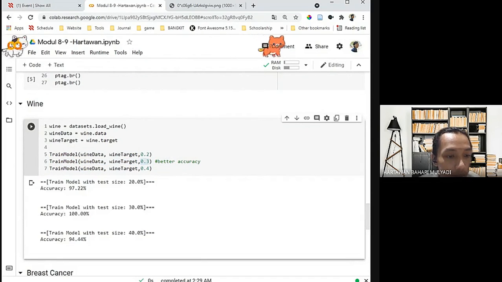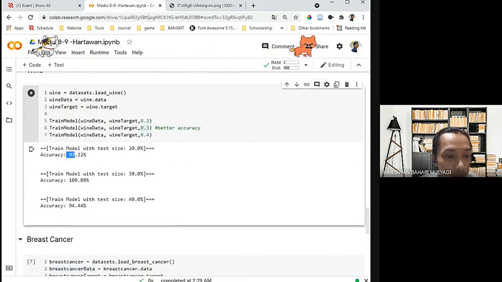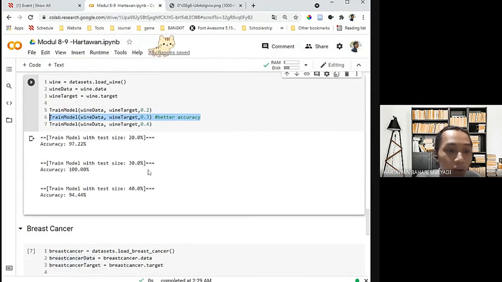There is an increment from the 20% test size to the 30% test size, an improvement. But when we set it to 40%, there is a degradation. So we can assume that 0.3 gives the model better accuracy.